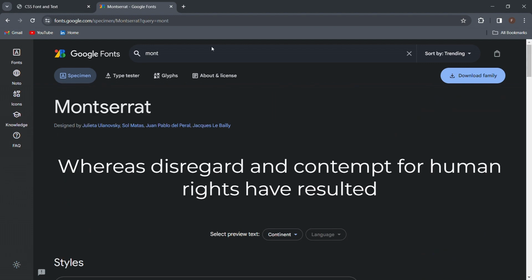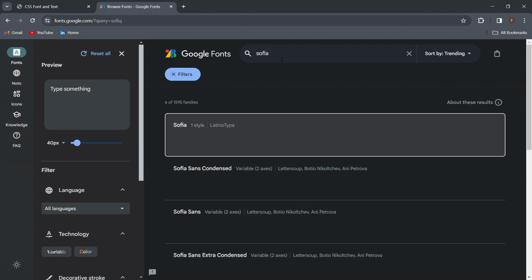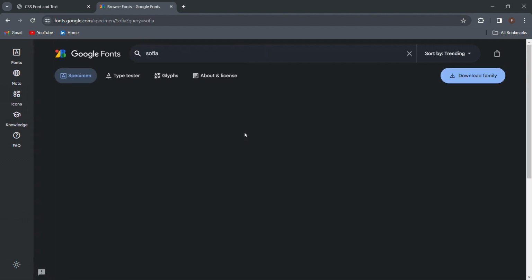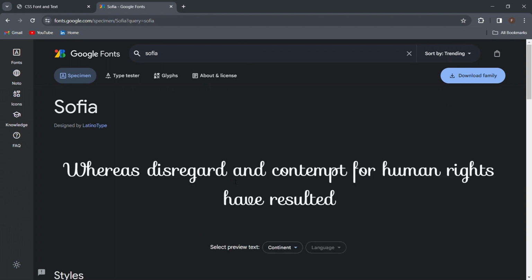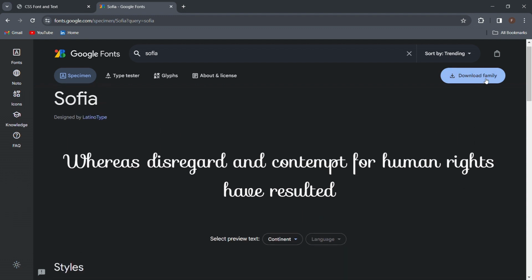But there's this font called Sophia. I use Sophia for demonstration. It's a very beautiful font. So for example, if I want this font, it is not available in normal HTML. You have to outsource it. For example, I'll take it from Google. So if I want this font, I can either download the font family, save it to my files, then just use it directly, or